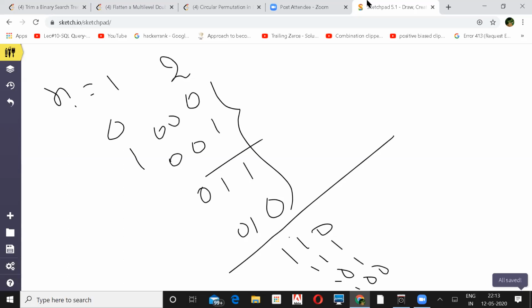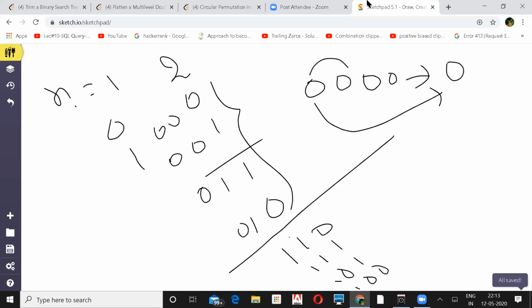Now what I'm doing here, first I'm converting binary to gray code. So converting binary to gray, let's say I have 0 0, this is a binary representation. How do we convert to gray code? Whatever your first bit is, you keep as it is. For the next bit, you take the XOR of these two. Since both the numbers are same, XOR of the same numbers is always 0. Again, for the next digit, take XOR of these two, it will be 0, and for these two, it will be 0. Now let's say I have a binary 0 0, this is for number 0, and this is for number 1.